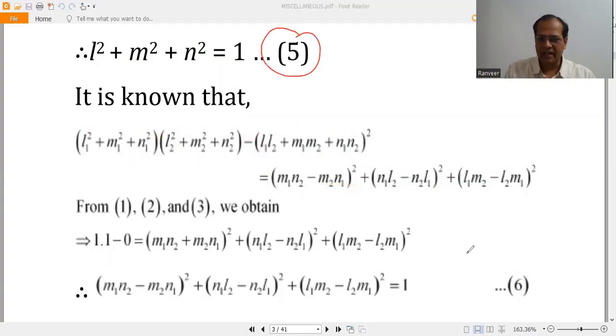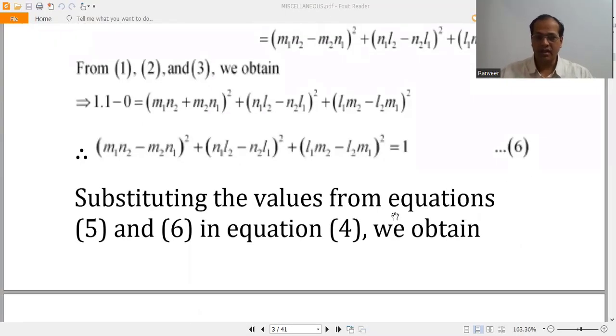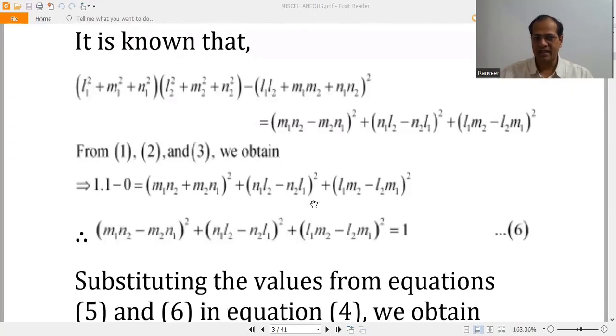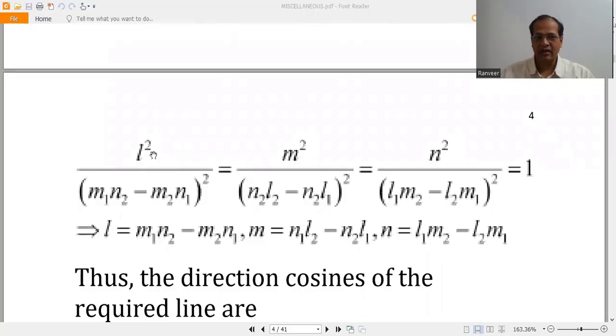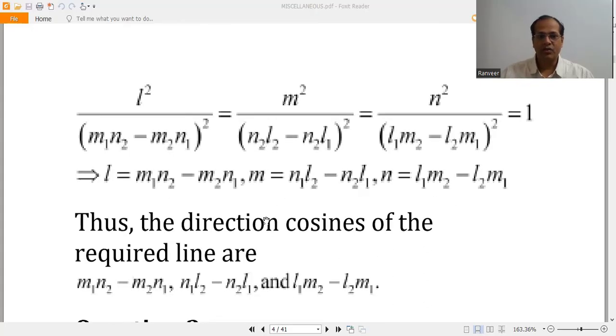Now the fifth and sixth equations that we got, we just have to substitute in equation 4. When we substitute the 5th and 6th equations in equation number 4, we get L square by this value, M square by this value, N square by (L1 M2 minus L2 M1) whole square is equal to 1. So we can write here